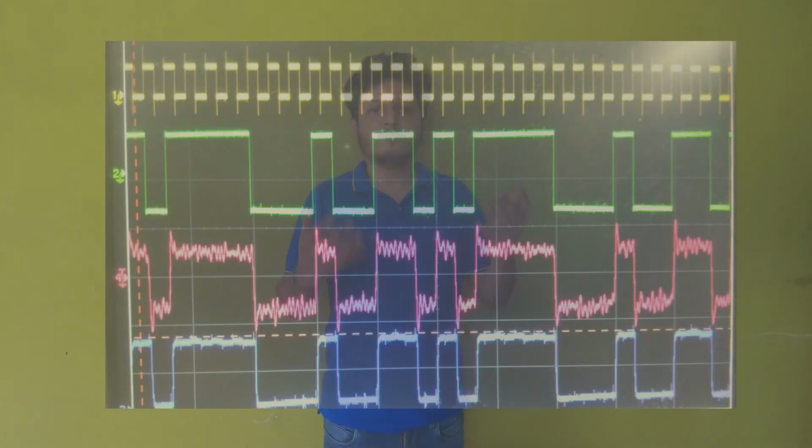So here are some waveforms that I got out of this circuit after testing it. The first waveform is a clock that I use to generate a random signal or a PRBS signal, which is waveform number 2. The third waveform is the trans-impedance output waveform, or the output after the high pass filter. You can see it's symmetrical around ground, but you can see there is noise corresponding to each level, that is level 0 and level 1.